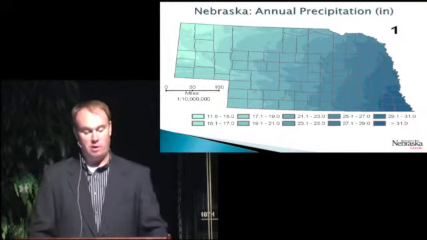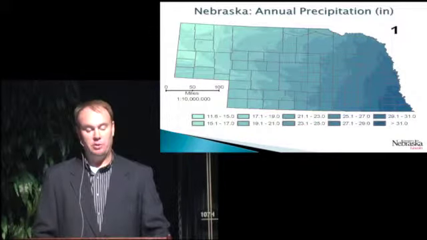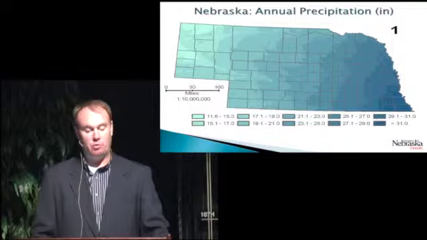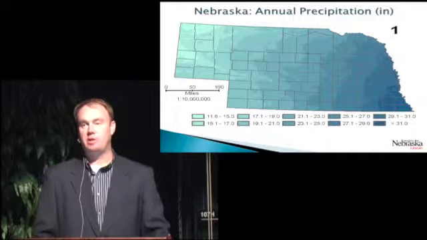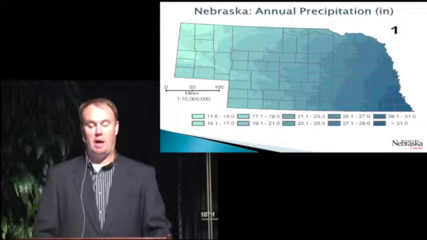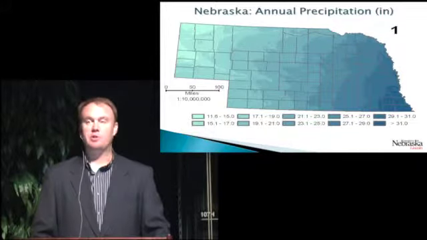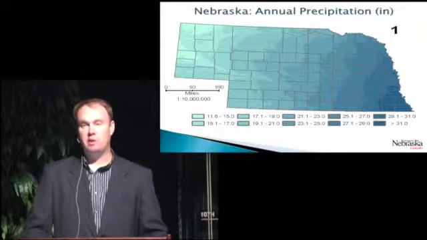Now, where North Platte is right about here, and where a lot of the work we're doing with variable rate irrigation is located in Brule, Nebraska, which is right about here, so in the drier portion of the state, where we're at about an average annual precipitation of 19 to 20 inches or so. So obviously, as in the semi-arid portion of the state where we're drier, irrigation is very important to maximize yields,